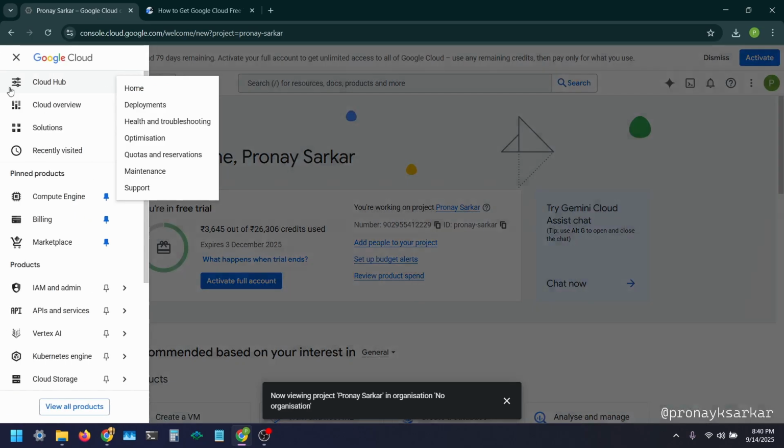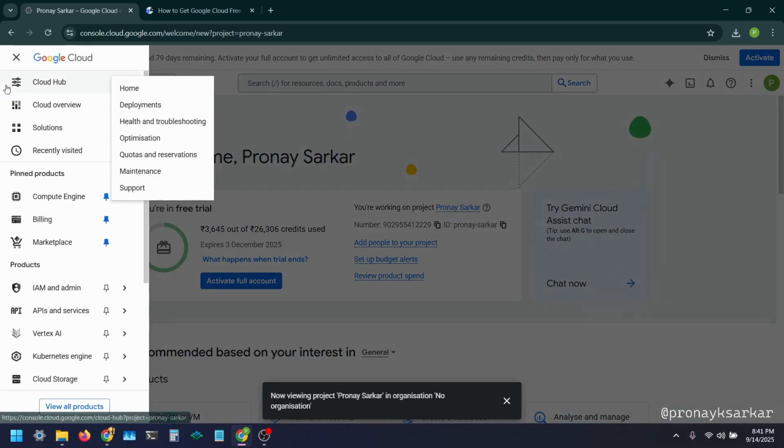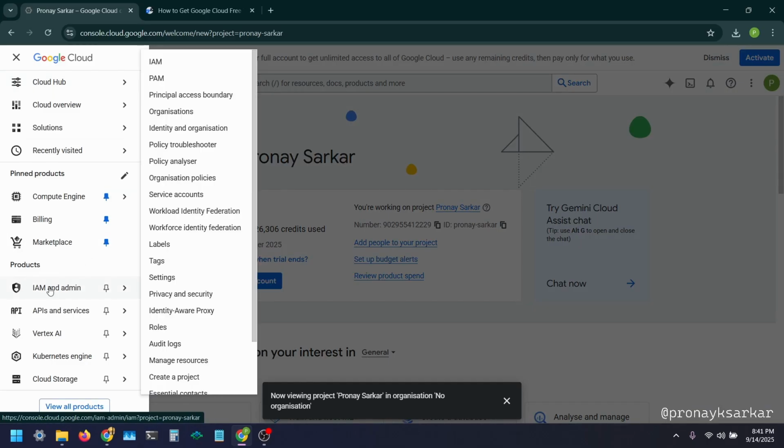In Google Cloud basics, our next part is Identity and Access Management, or IAM. It's like being the bouncer for your cloud resources, deciding who gets in and what they can do. So you are the admin and you can manage all other users in this tab. You have to click on the burger navigation menu and click on IAM and Admin.